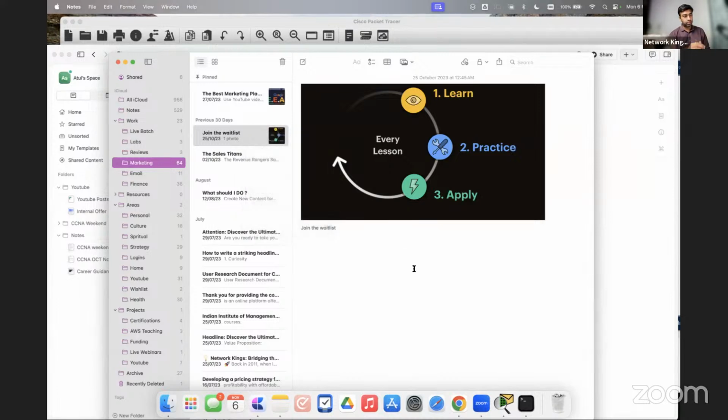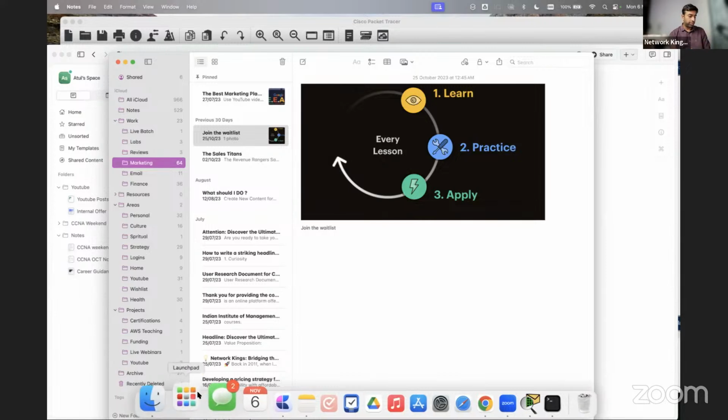This is not for study. This is for the things that you actually learn a little bit. Okay, like I want to learn about labs. I want to learn about strategies. Just keep those things in that folder. Okay, so I don't know. I think there is an app called